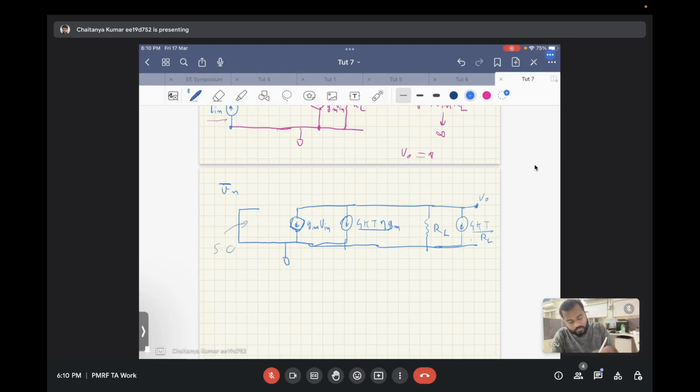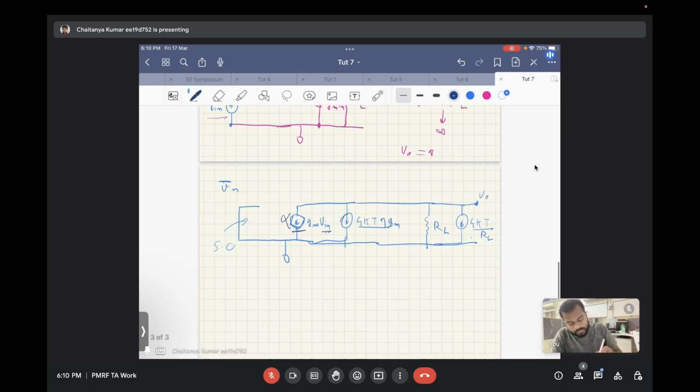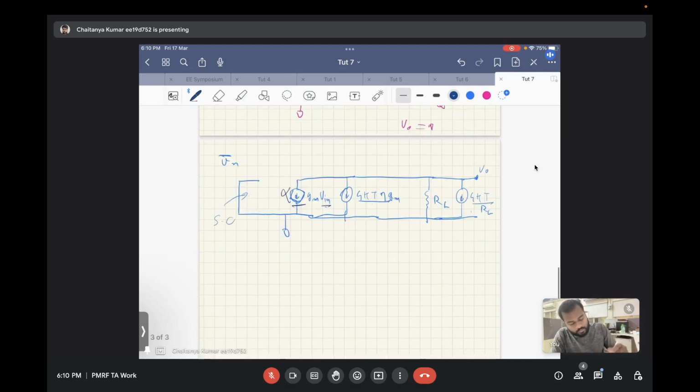Now since Vin is short circuit, this noise source will go away from the picture. Since Vin is 0, this won't inject any noise. Sorry, this won't inject any current. So what we have at the output is,